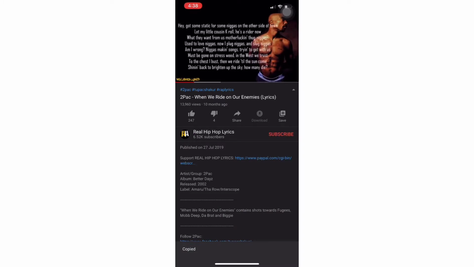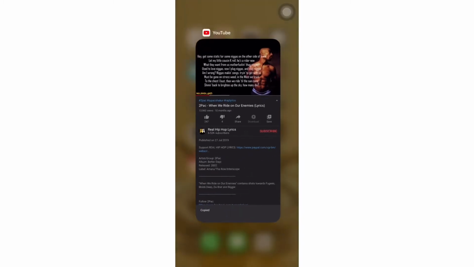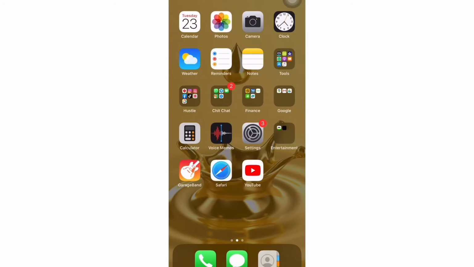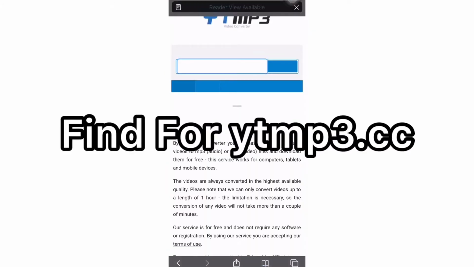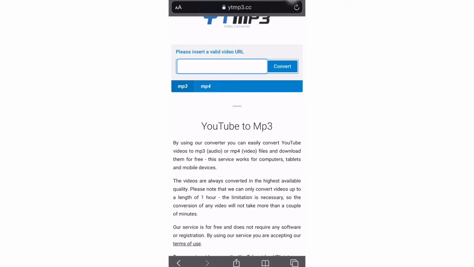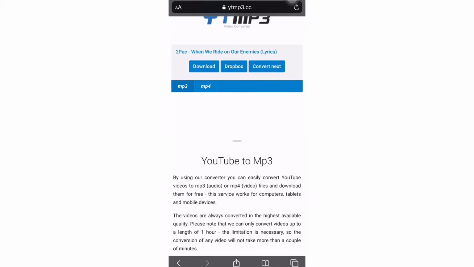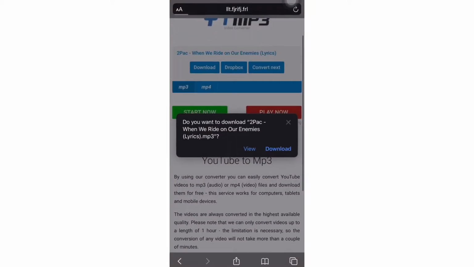Once it's copied, you go back to your Safari or Google Chrome, and then you find ytmp3.cc. So now you have to paste the link and then initialize. Sometimes it will pop out a new window, a standard advertisement. So you close it, delete it. Okay, now come back. So you press download,